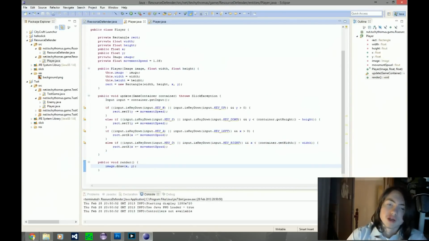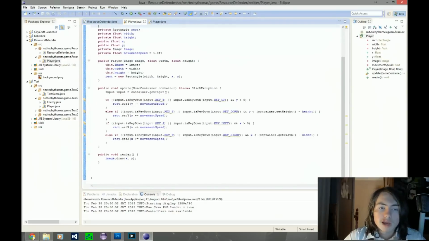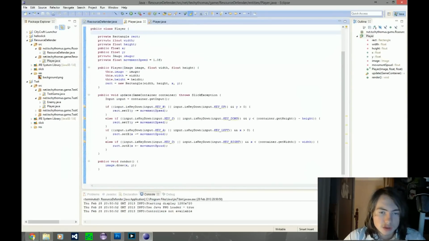I don't know if I'm going to keep that in the final thing, because to move up a level and stuff, gravity will just keep pulling you down, so you won't be able to move up. So for now we'll just add gravity. We'll add gravity into the